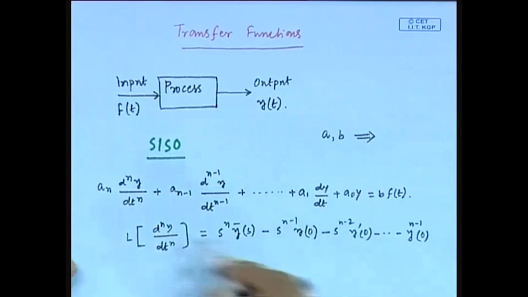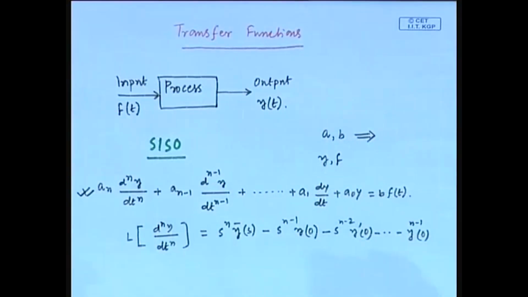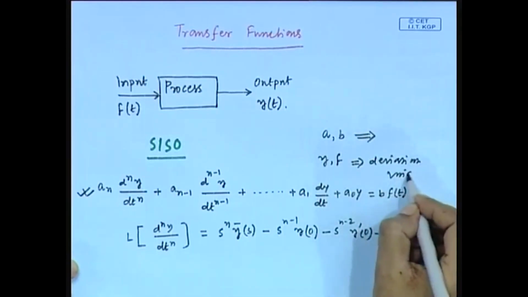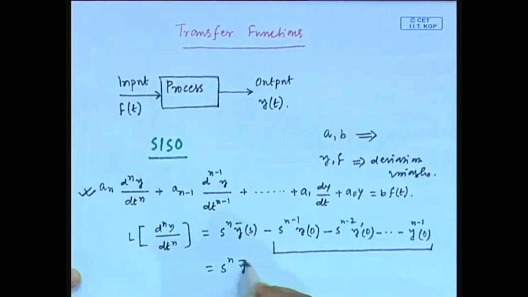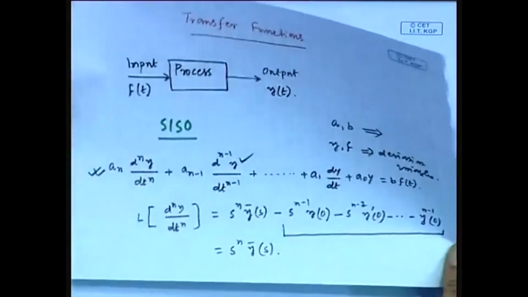Now, if we consider in this process model, y and f both are the deviation variables. If that is the case, I mean, if y is the deviation variable, then definitely all these initial terms become 0, fine. So, we can write this as s^n Y(s). Similarly, we can consider another derivative. So, if we take the Laplace transform of this linear or linearized nth order differential equation,